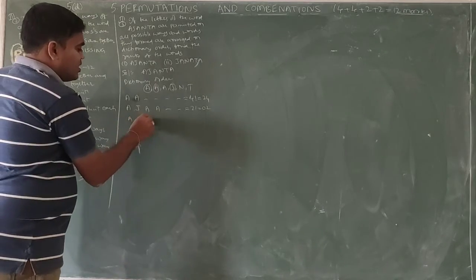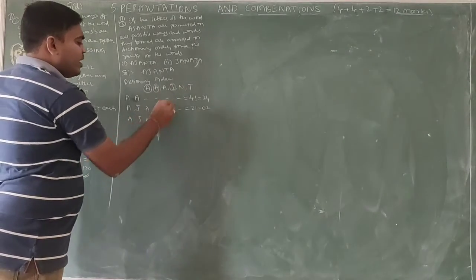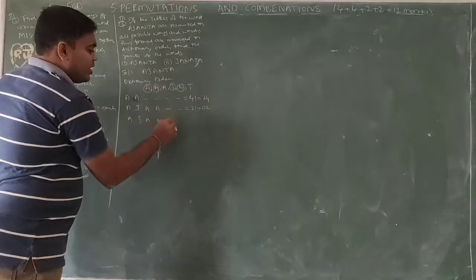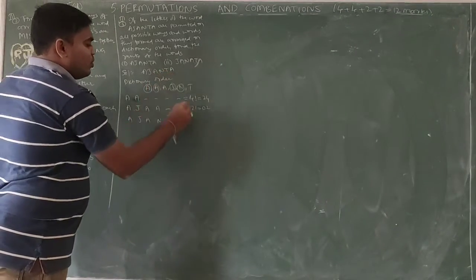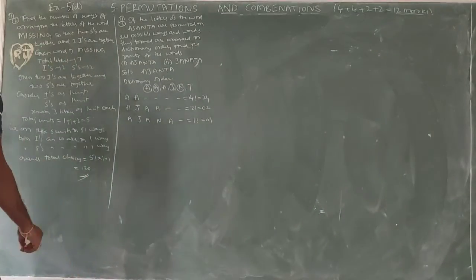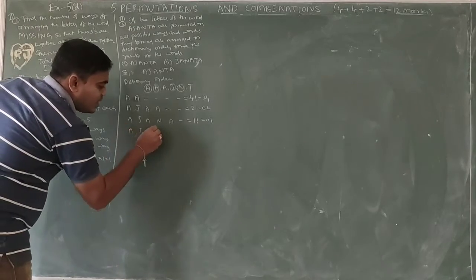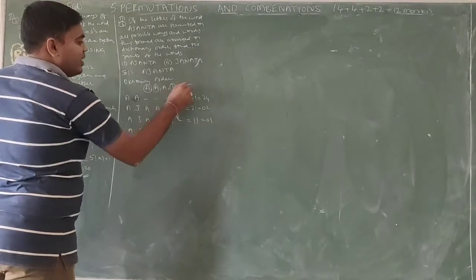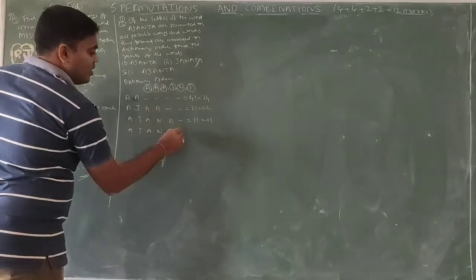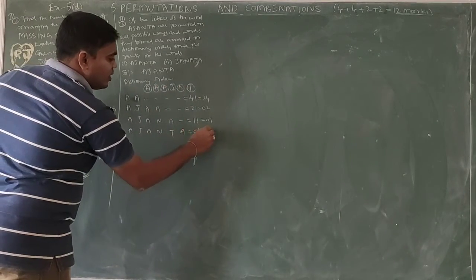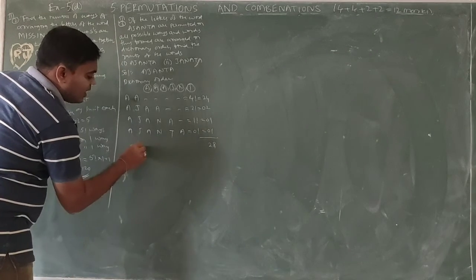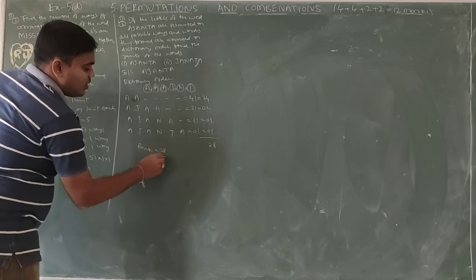A, J, A, then after A comes N. Is it N? Yes. Coming to the first again, is it A? No, so 1 factorial equal to 1. Next, A, J, A, N, after that it is T. Is it T? Yes. Now the next is automatic, so 0 factorial is 1. If we add all together, we get 28. The rank of AJANTA is 28.